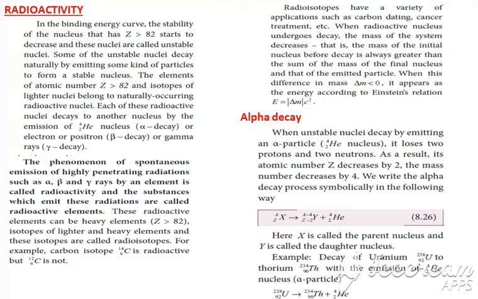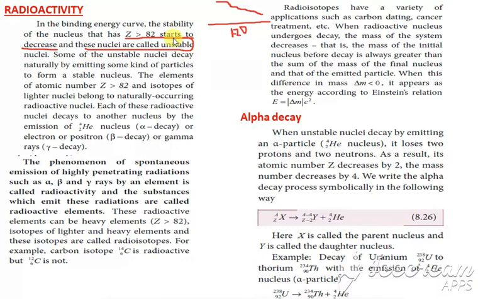Going to see is about radioactivity. Okay, so what is meant by radioactivity: in the binding energy curve, the stability of the nucleus, for Z greater than 82, starts to decrease. So what did we see? Once we go beyond 40 or 120, it starts to decrease, right? So